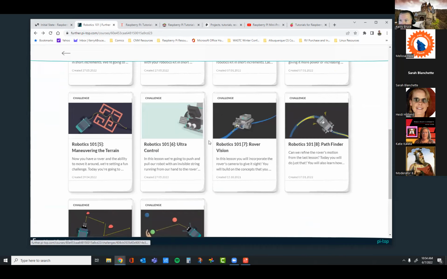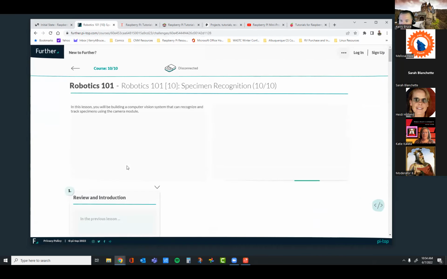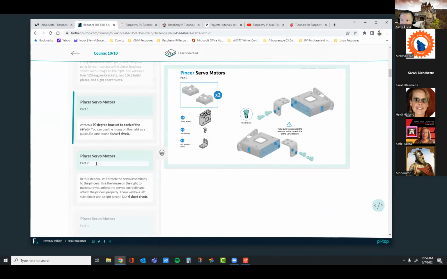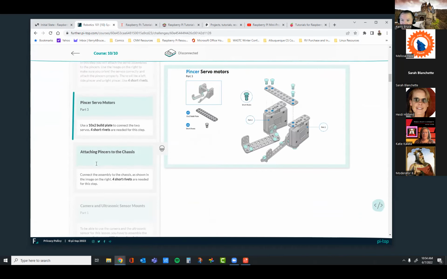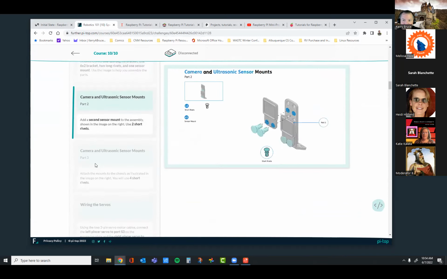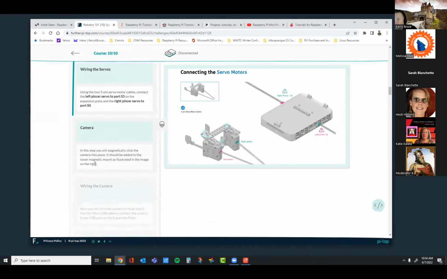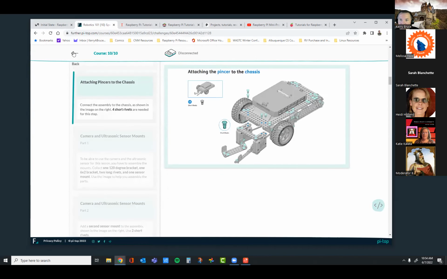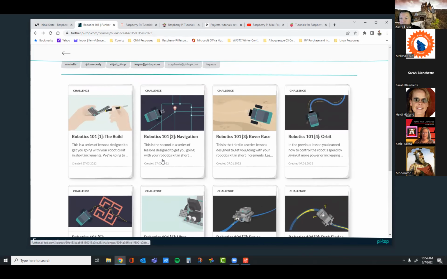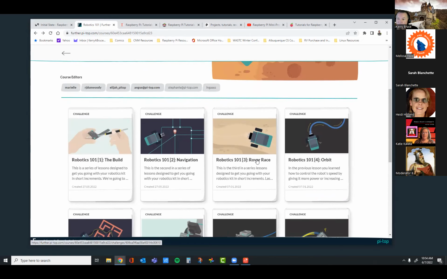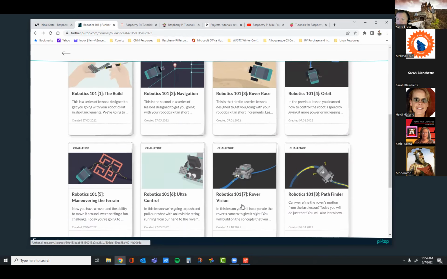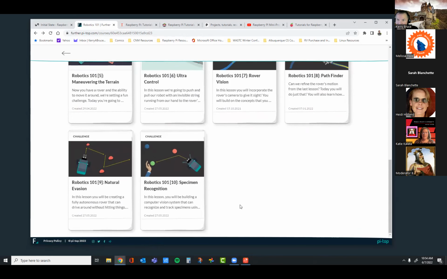Then you've got some object recognition that you're doing here. Within about 5 or 6 lessons, you're getting into using cameras and servos to monitor the environment and make decisions. There's a claw that you put on it and control the claw. This is what my course this fall is based on. I have a robotics course this fall, going to be based on this material, and there's 10 challenges, so one challenge a week.